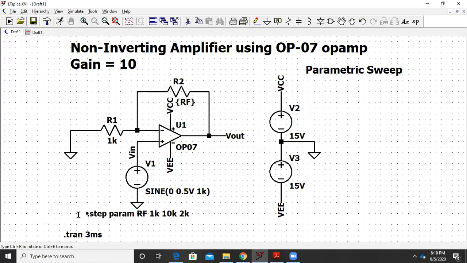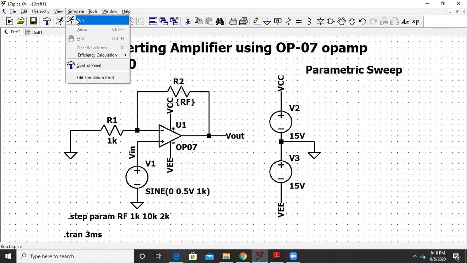So I'll place this over here. Okay, so this is RF, so it is taking that value. So I have defined my parametric sweep for R2. So what that means is, you will get various gains. For example, if RF is 1 kilo ohm, then the gain will be 1 plus RF upon R1. So the gain will be around 2. So similarly, you will get different gains for this. Now let me run this and show you how the parametric sweep works.